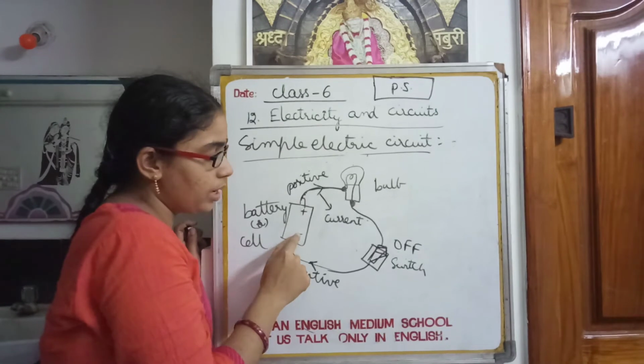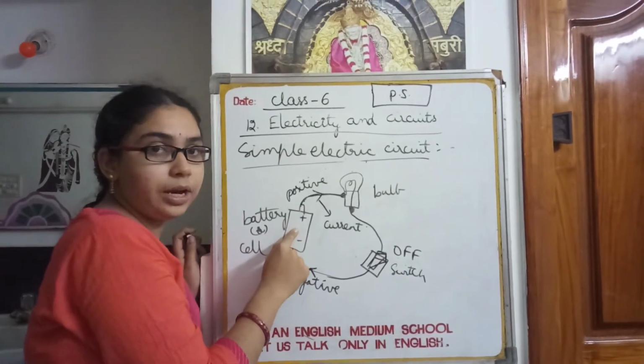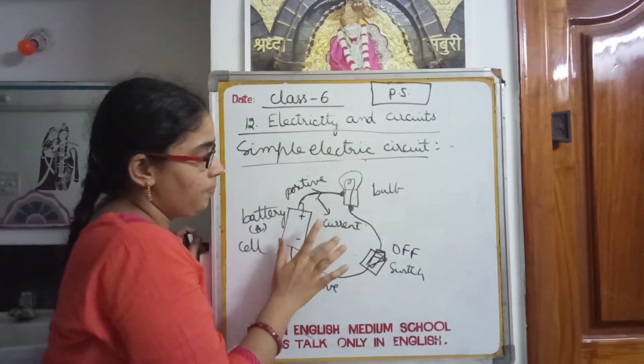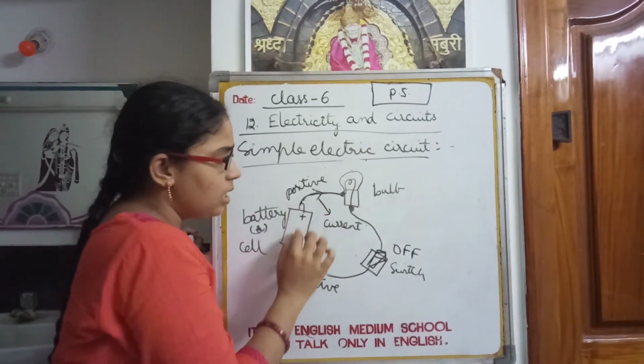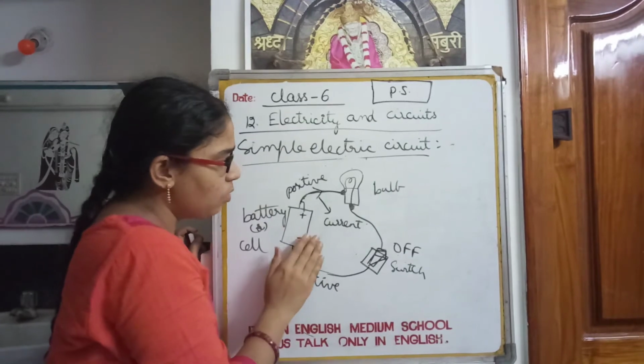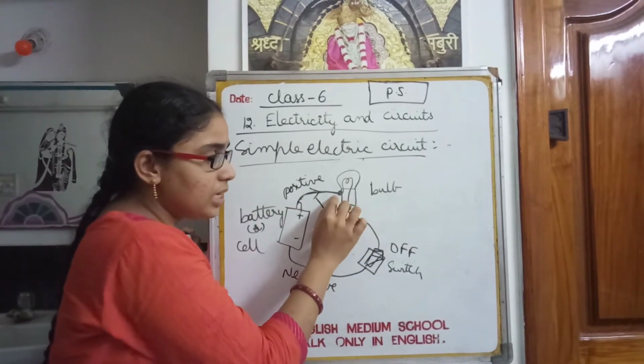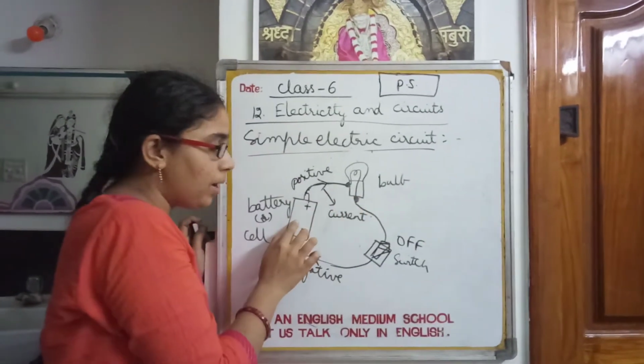Who's positive and who's negative terminal? Battery is positive and battery is negative terminal. Okay, so this is the direction of current in the circuit. And the other point is, this circuit is nothing but a connection between the two terminals of the bulb and the